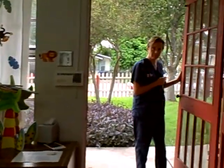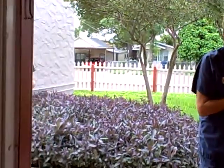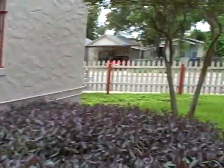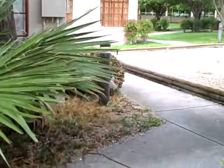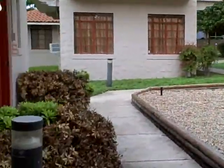And there are some things for sensory. We have some beans and rice. Bye, Jungle Cottage. And then next on the left, we have another therapy cottage, which is actually just like the jungle room,